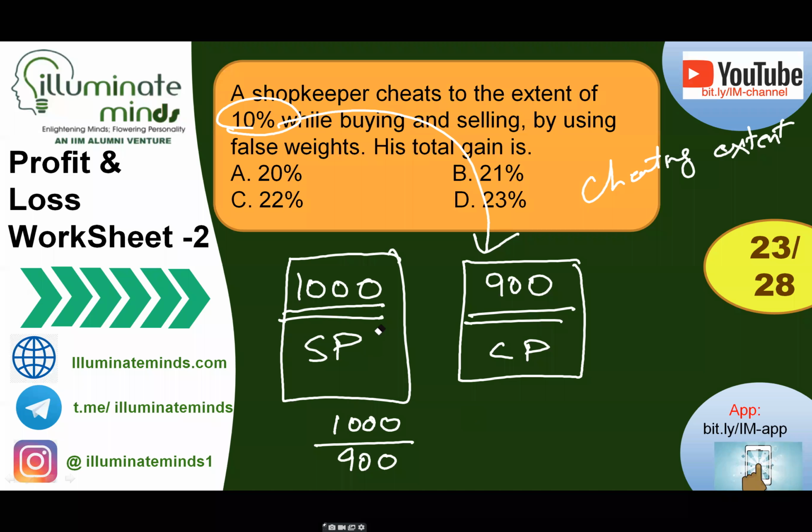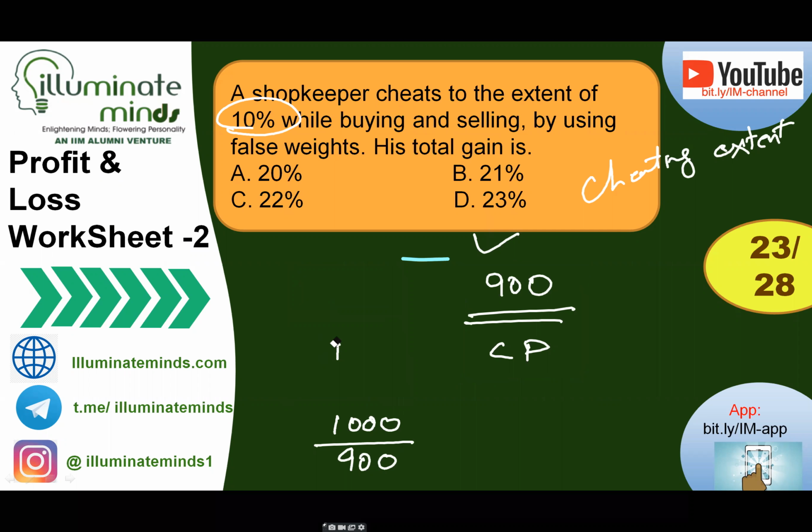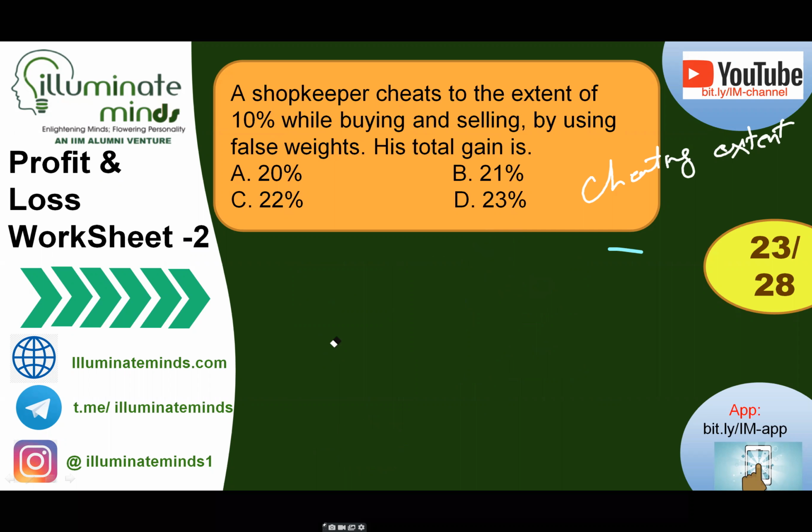I took it only in the one case, that the cheating is happening in only one thing. A similar question happened in the last sheet also, and there is a problem. People say that this is a cheating extent, but what they actually do is consider it to be the profit extent. So I'm not sure whether the answers will meet or not, but still I will solve it. So now he cheats while selling as well as while buying. So now assume